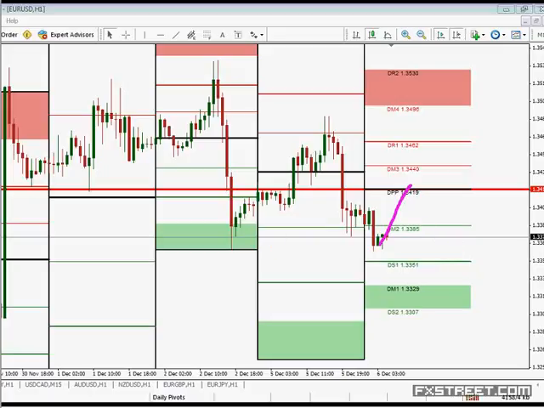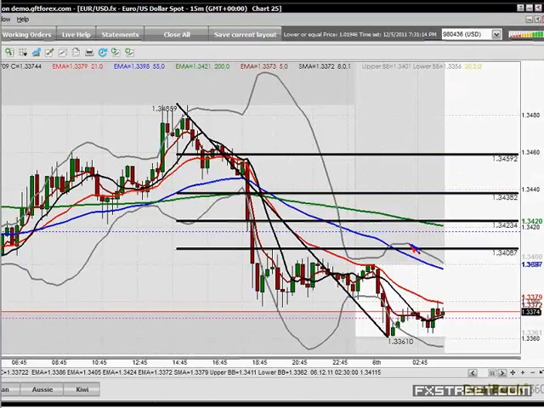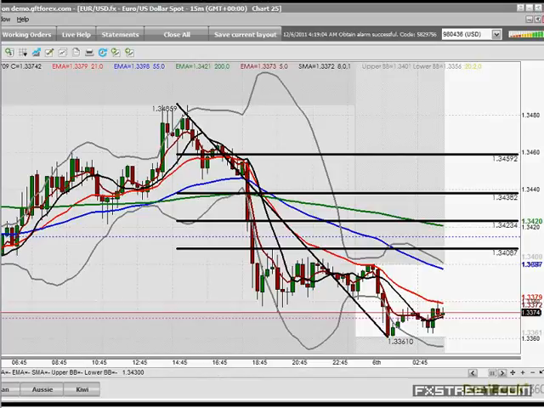Therefore, I've now got myself a little area, haven't I? Sort of 134.20-ish. I might put an alarm in at 134.10 or something on my GFT platform here. And I've just set myself a trade plan using the fractal nature of the market. I've used the longer term time frames to create a bias. I've identified where I want to get in. I understand that I want to see a 15-minute change of trend up in this area